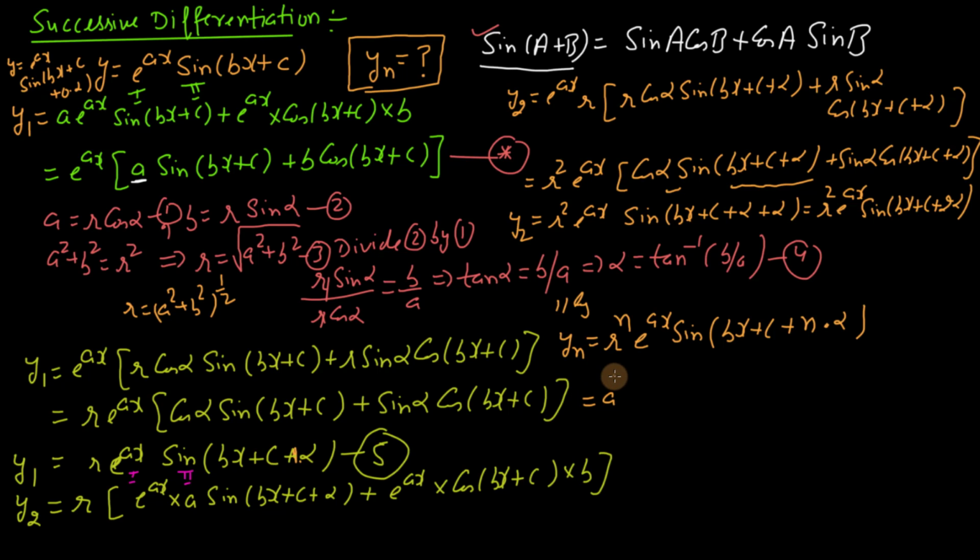So what will we get? (a square plus b square) raised to n by 2, e raised to the power ax, sine (bx plus c plus n times alpha). What is the value of alpha? Tan inverse b by a. So I am going to put it as tan inverse b by a. So fine, this is yn. This is the value of the nth order derivative